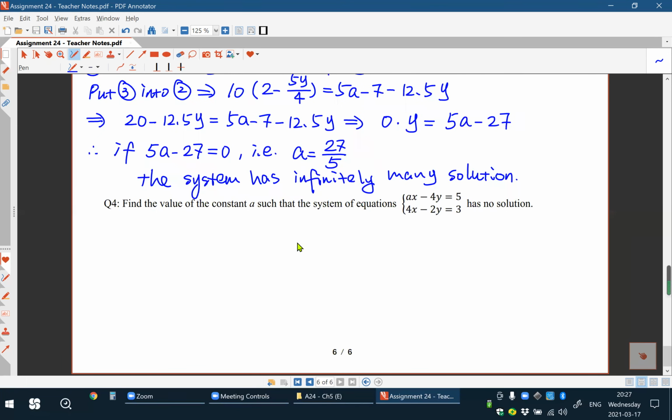Find the value of the constant a such that the system has no solution. This method is the same as the previous one. First of all, we need to solve for x or y. In order to do this, we can start from the simple equation, which is number 2. Number 2 tells us that for x,